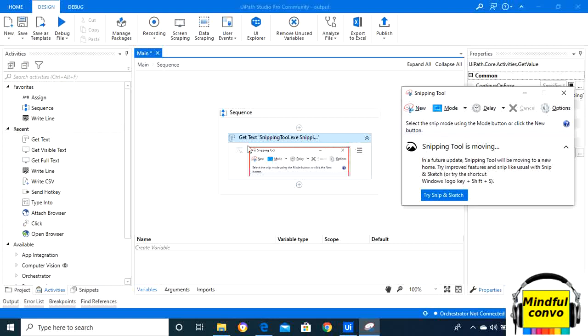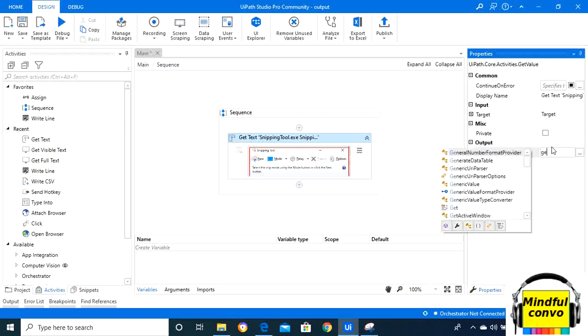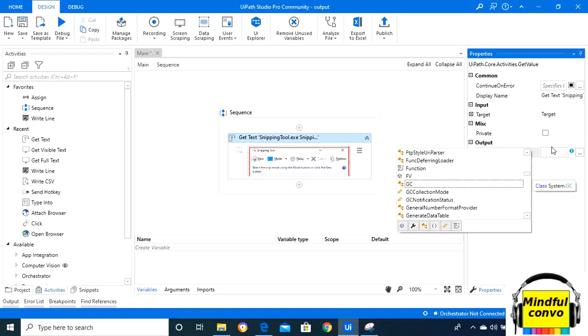Now first of all, we want to store the data we get from get text in a variable. Let's say the name is get text.